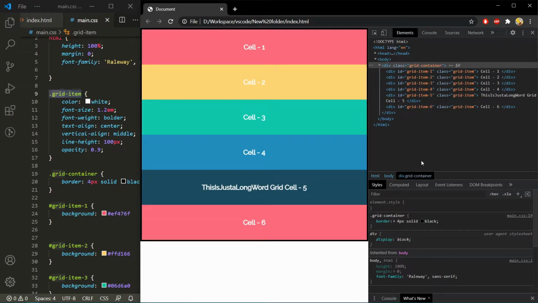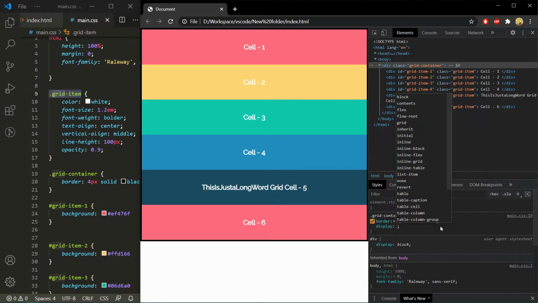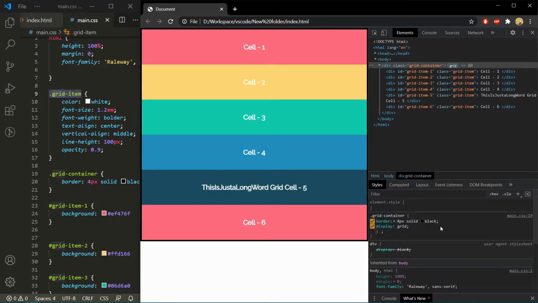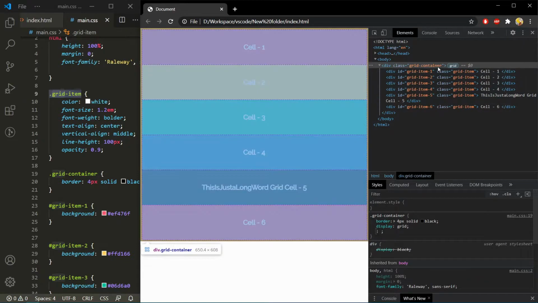In order to create a grid, you just need to apply the CSS property called display and use grid as a value. So select here grid container and apply the property display. Value is grid. Now you don't see any difference visually. If you hover over the grid container class, you can see all child elements will lay themselves out one into each grid cell. The default flow is one column and arrange items by row.